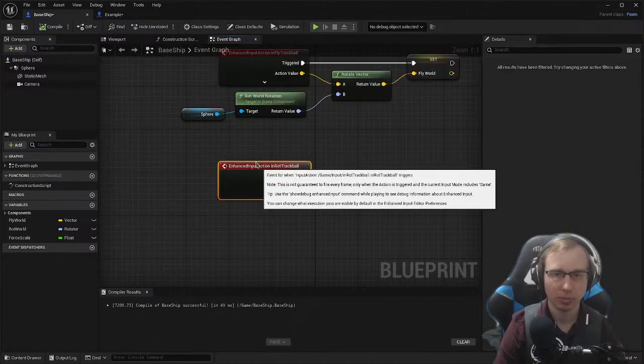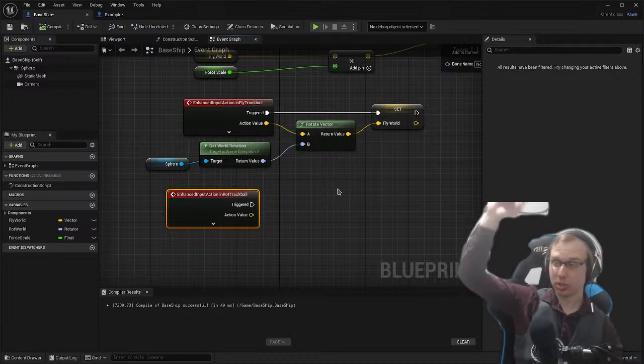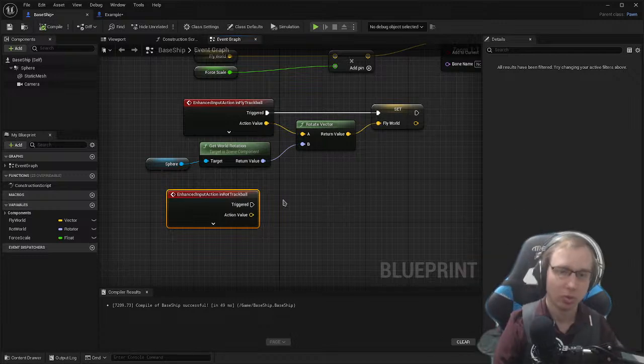That, I suppose, would be what consume means. So when we get a rotation on the trackball, that's more interesting,